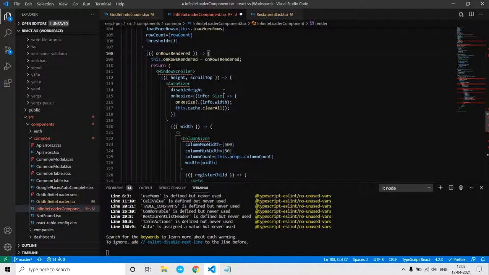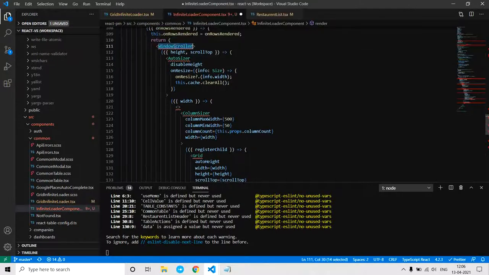This function just informs the infinite loader that the user is scrolling from this index to this, which infinite loader uses for its internal purpose, because it needs to know when the user is scrolling. So it identifies that using this function.